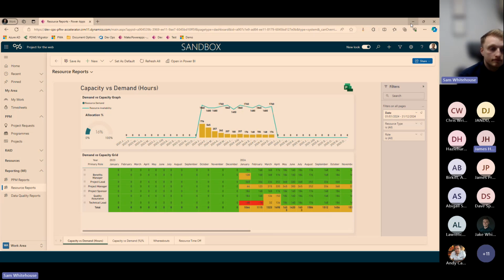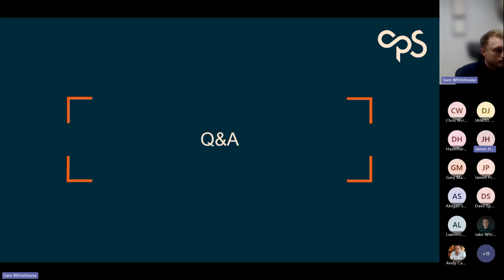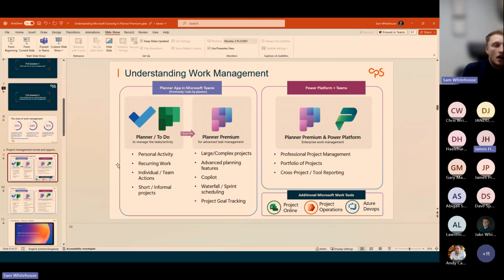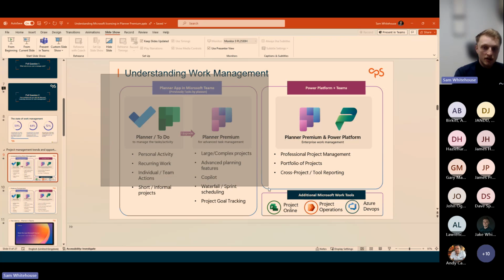Yeah. So sorry. What I mean is, obviously using Project for the Web, you're assigning tasks, you're doing all that stuff within Project for the Web. Yep. Will that import into Planner in Teams? Will there be that link, or will it need something in between, like your accelerator or a separate app to do that? So the data that's stored in this area,